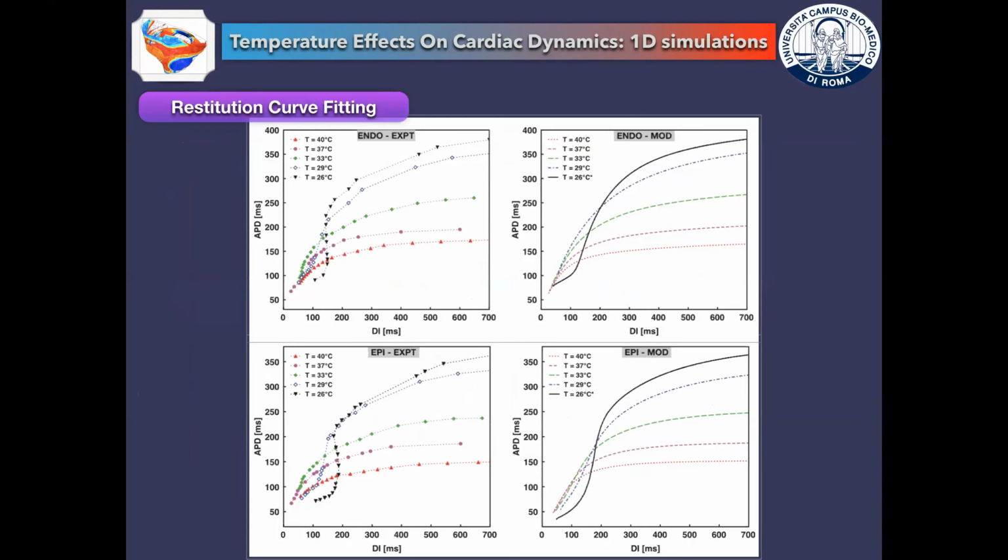We also evaluated the model performance by computing restitution curves in every thermal bath analyzed. And in this case, these restitution curves are computed along two consecutive beats during the restitution protocols. And as you can see,